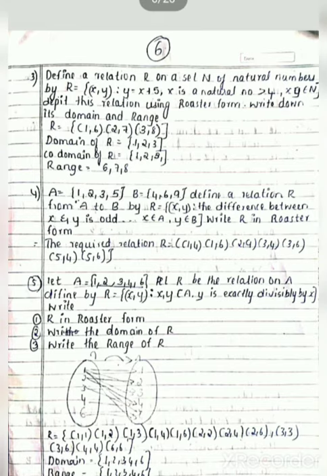If at all it were greater than 4 as written here, you should write the elements greater than 4, no? So you should write all the elements 5, 6, 7, 8, 9 up to infinity. So here the relation, domain, codomain, everything are infinite sets. Similarly, the next problem, I hope you can solve by yourself. Simple one. And the other two problems also.